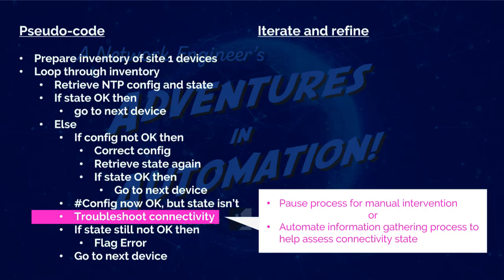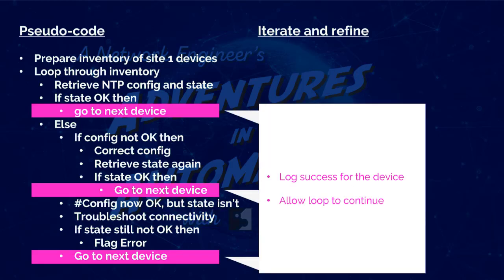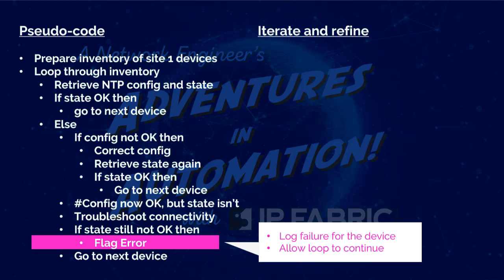And we can do one or two things. We can either break out of the process, or we can continue and just flag the error, as it mentions in the next step, so that it gives someone else the opportunity to go and say, all right, all of these devices are erroring, we'll need to go and fix them. When we get to the go to next device step there, the one thing that we do that we've not mentioned before is to log that success. Obviously, we want to know where it's been successful or where it's failed, and how do I flag that up and report that out. So